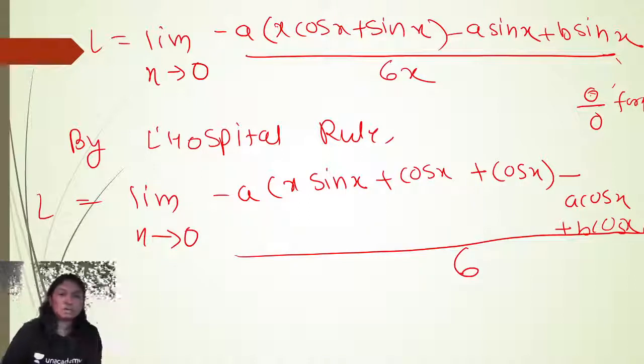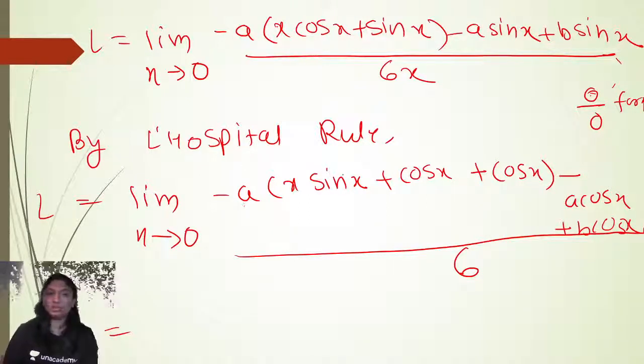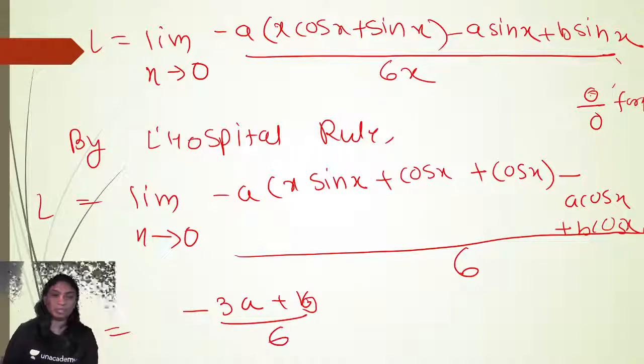But limit as x tends to 0, put the value, so this will become 0, this will become 1, this will become 1, so 1 plus 1 is 2 minus 2a, this becomes again 1, so minus 3a plus b upon 6,